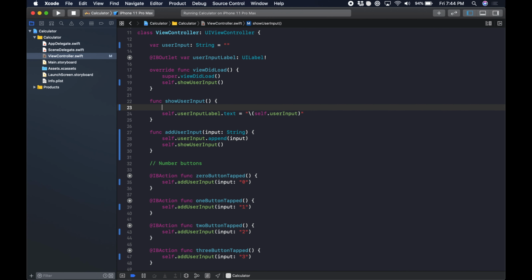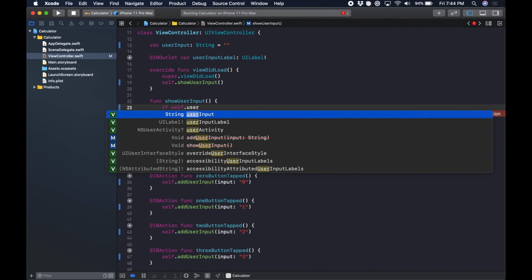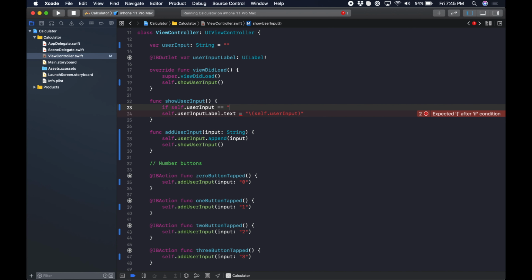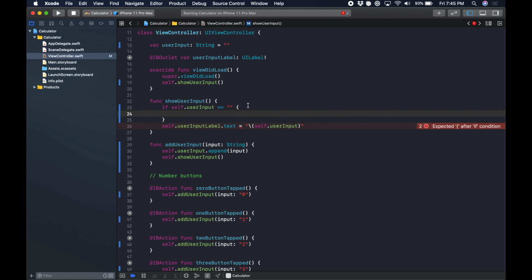So what we're going to do is type if, that's the keyword. And I'm going to say if our user input, so self.userInput, equals an empty string. So if the user hasn't typed anything at all, we don't have anything for the user input. Now you'll notice here we're using a double equal sign instead of a single equal sign, and this is really common in programming. You can't use the same symbol to do two different things. In this case, one equal sign assigns a value to a variable, and the double equal sign compares two values to see if they're equal to each other or not. So in this case, if our current user input is equal to the empty string, which it will be when they haven't typed anything,